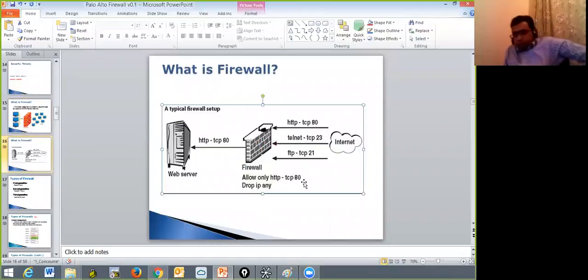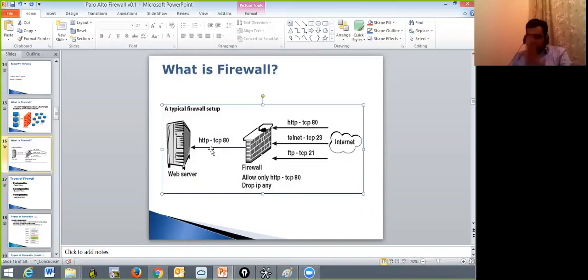So that's coming back to firewalls. What is a firewall? As you can see in this example, from the internet all kinds of traffic are coming for TCP ports 80, 23, 21. But in the firewall, we only allow port 80 to pass. Now we can see we have restrictions. For example, this network was like this before. But now when you introduce a firewall in the middle of the network, previously port 80 was open, port 23 was open, and anybody coming from the internet was doing everything to this server,